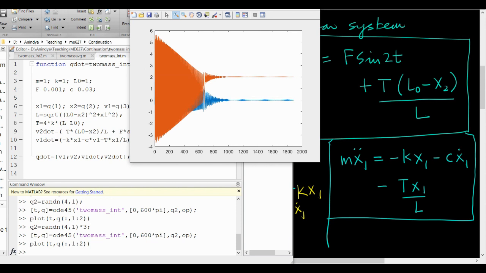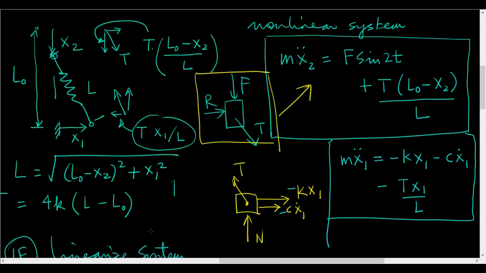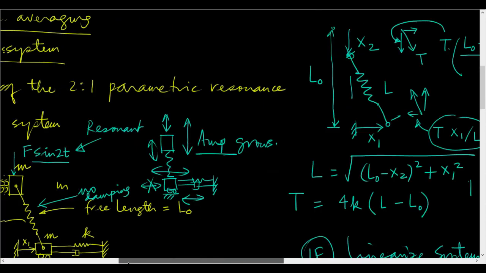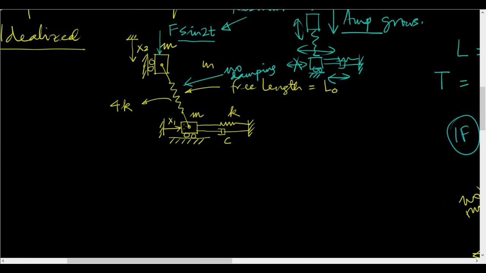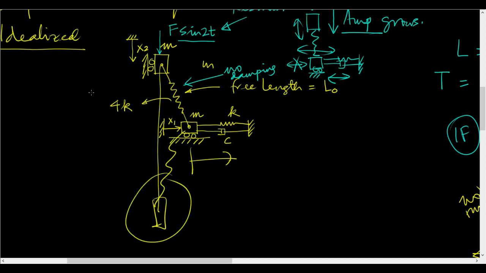If you look here, you see this mass. If this initial movement is a bit large, this mass can go over to the other side, and then this will be like this. So that is a possibility, and since L0 is equal to 1, then x2 would have a mean